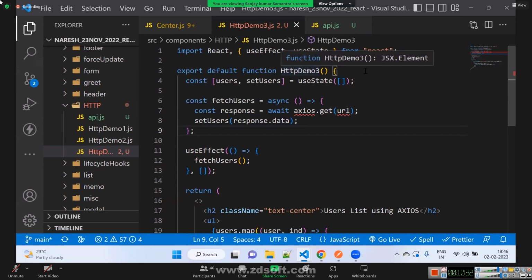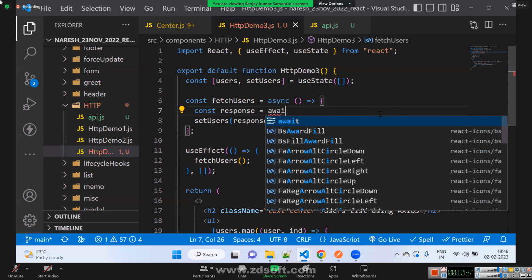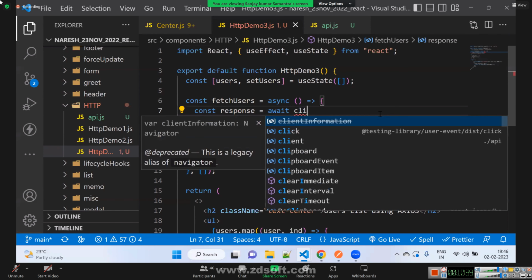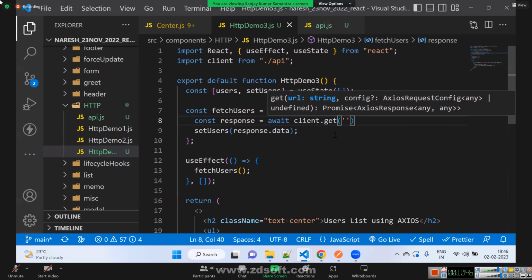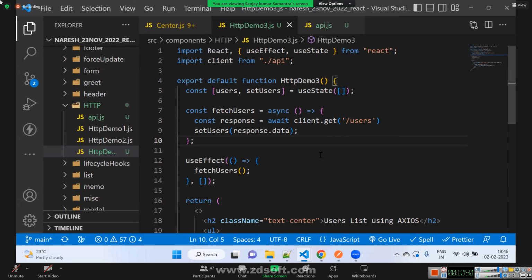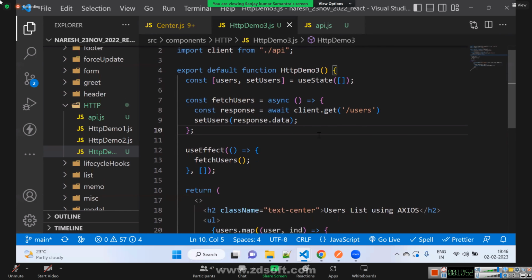What we have to do, we have to import client, and then client.get users.